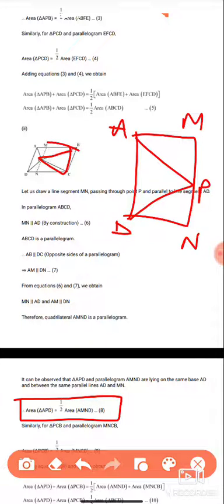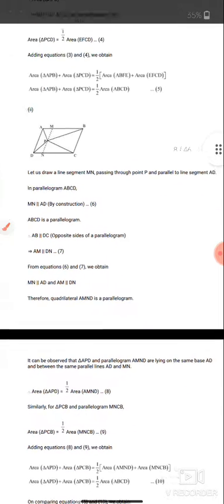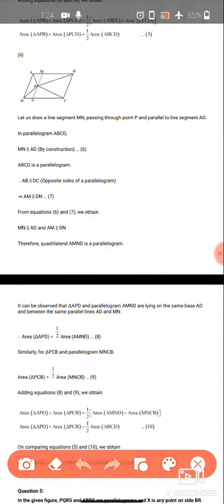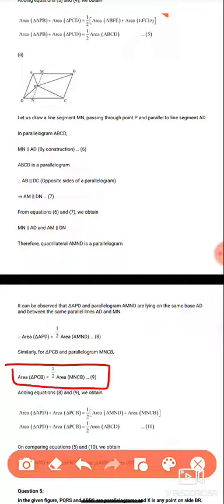PCB is this triangle and it is between this. Okay, so again same sets of parallel lines and same base, common base. So you can write area of triangle PCB is equal to half of MNCB. Now when you will add both area of triangle PCB and area of triangle APD,